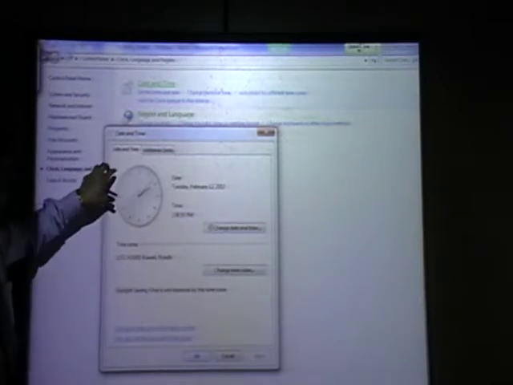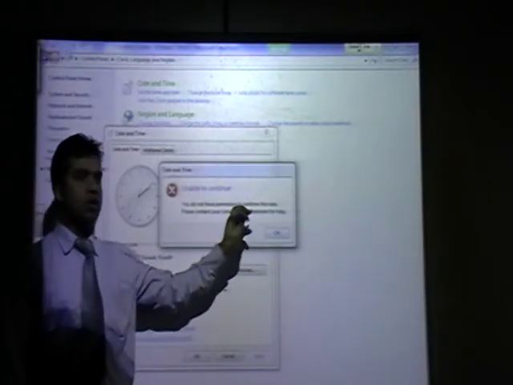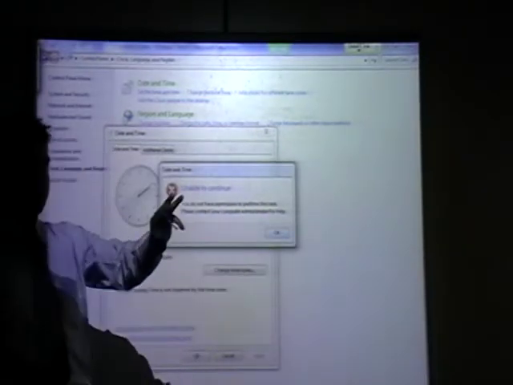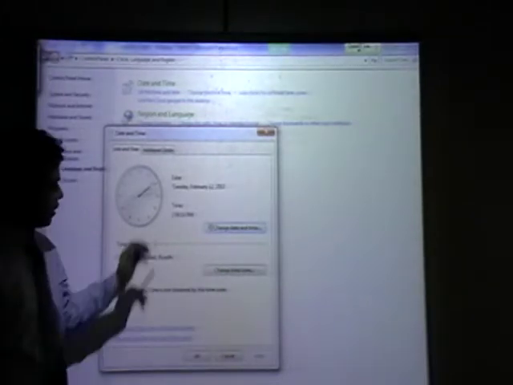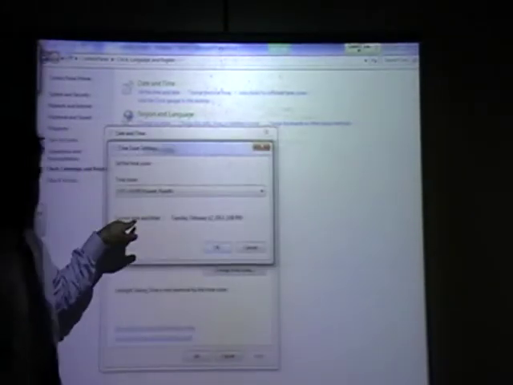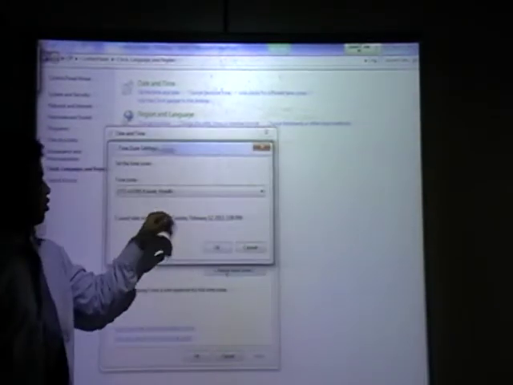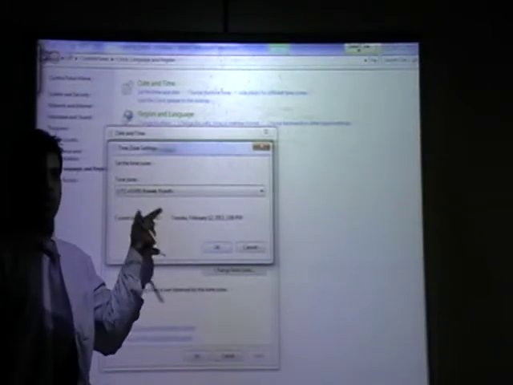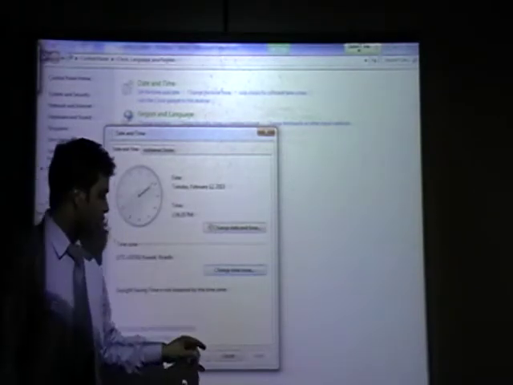You see this clock will come. In this one, you can change date and time. It is telling you do not have permission, but you are also the same. Good. Here it will come. You can change date and time on your computer. So change. Can you see this one? Change time zone. If you click on this, you can choose from here Riyadh and Kuwait or anything, time zone, and click OK. So this is the way to change date and time of your computer.